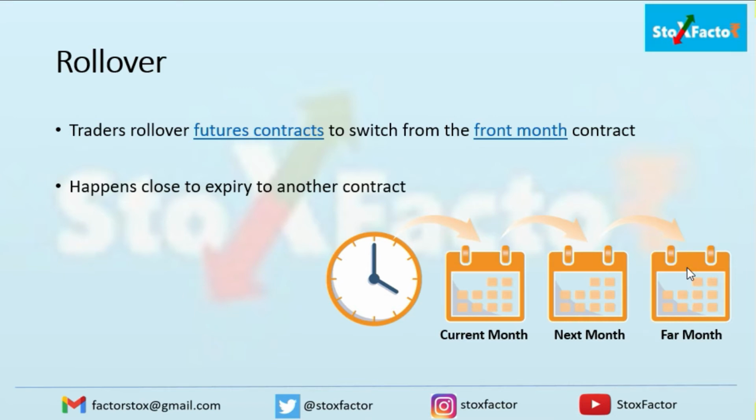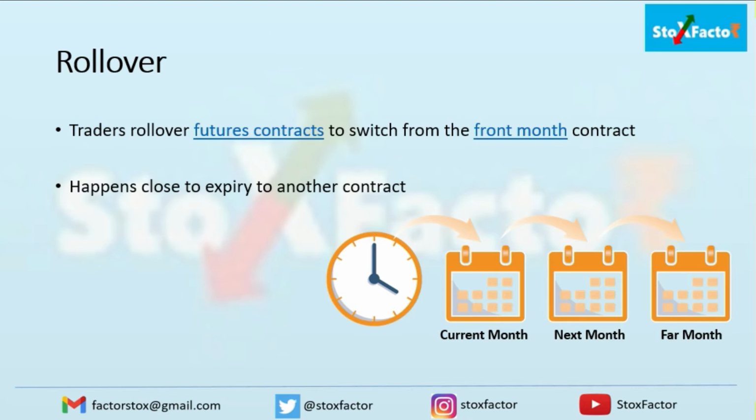See, in this case there is no exact way of identifying that the same person is rolling over that position or the person is directly buying or selling the next month position. It's a way to identify how many positions which are open in the current month have been moved to the next month. So this gives you the percentage. In this way you can make a view of how the positions have been rolled over.